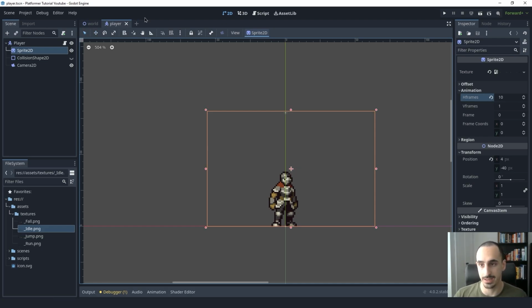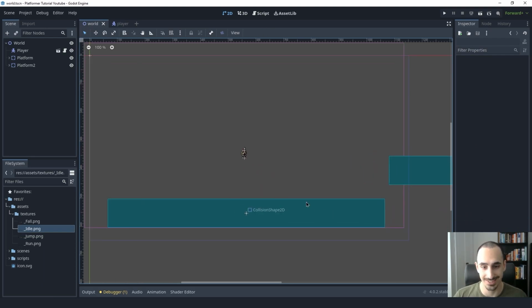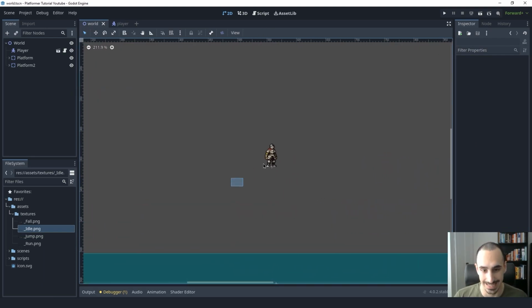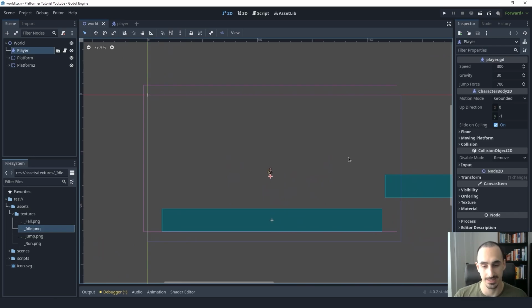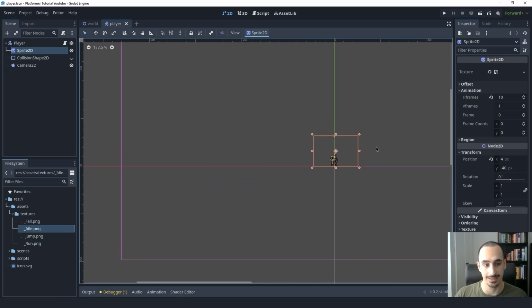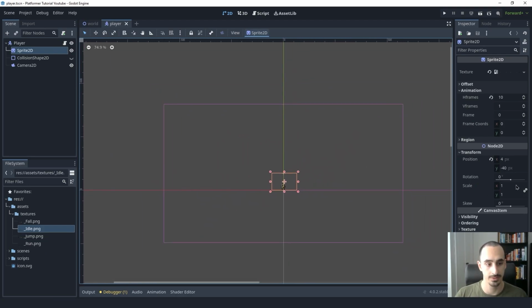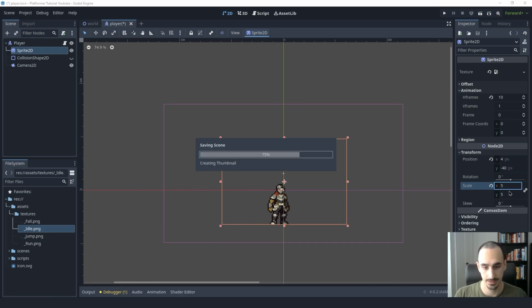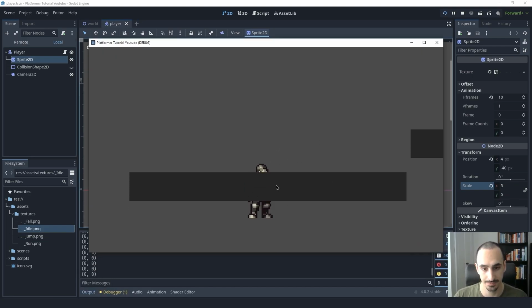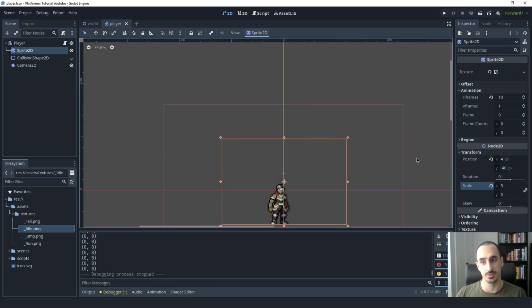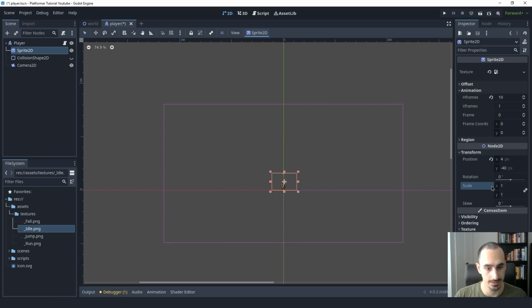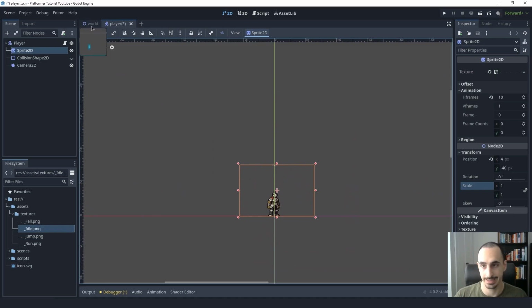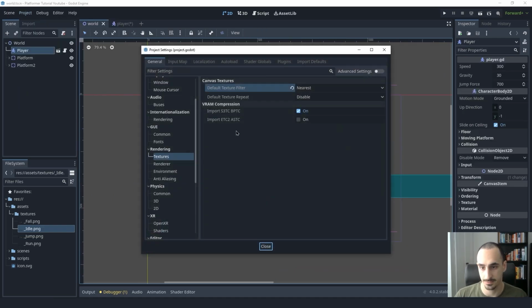But if we go back into the world scene, you can see that the player is currently tiny. And that is because these are pixel art assets, so they're supposed to be small. Now we can either go into the player scene and scale this guy up, like this for example, so that the player looks bigger, or we can just change the window settings to be really small, which is what I'm gonna do. So let's set the scale back to be 1, and let's go into the project settings, to the